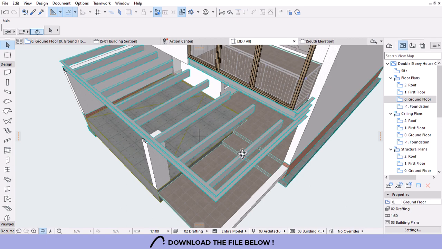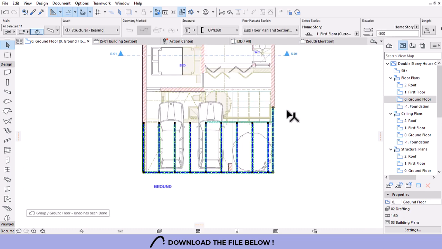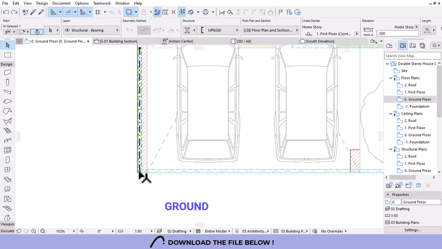I don't think we need this. Let me just say undo. How many are there? 1, 2, 3, 4, 5, 6, 7, 8. So we need 8 in between. So what I'll do, I'll use a different multiplication